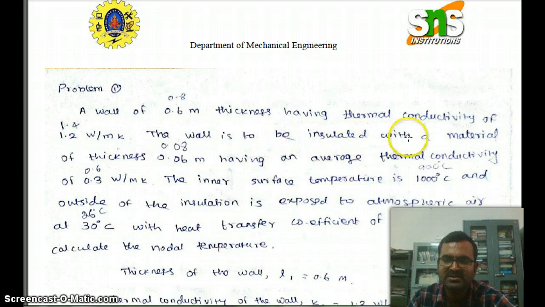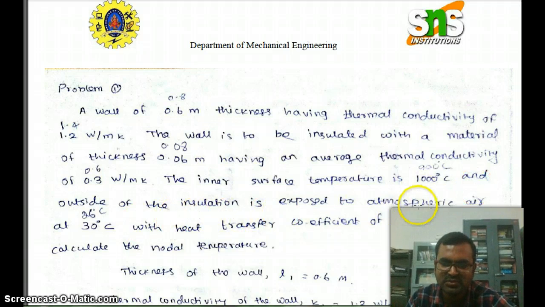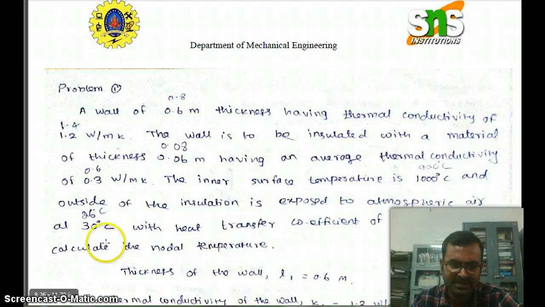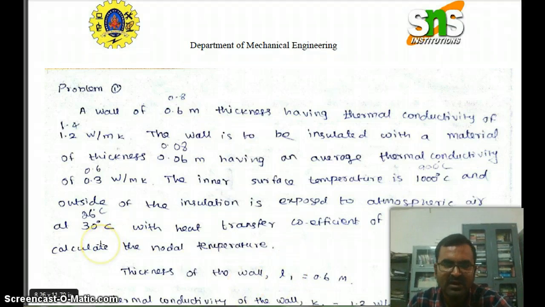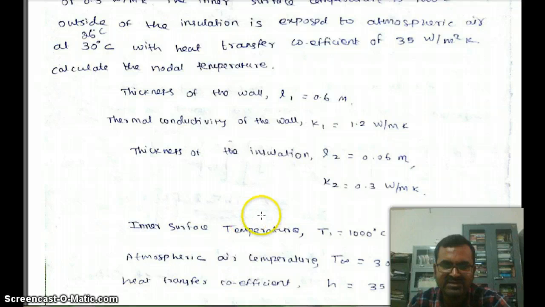The wall is to be insulated with a material of thickness 0.6 having an average thermal conductivity of, and the inner temperature is 1000 degrees Celsius, and the outside of the insulation is exposed to atmospheric air at 30 degrees Celsius with a heat transfer coefficient of 35 watt per meter squared Kelvin. Calculate the nodal temperature. First we have to write down the given data: